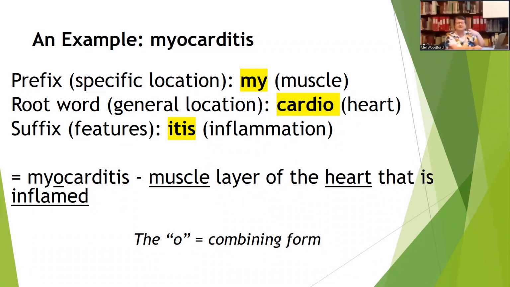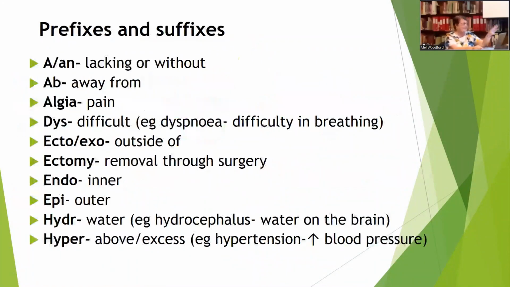Of course, there are lots of words that don't have all three parts. A word like hematology really is only heme and tology. Heme relates to the blood, and the ology relates to knowledge or the field of study. So they don't all have a prefix, a root word and a suffix. I know I've got some examples of prefixes and suffixes. I wasn't going to include them all because it would get terribly boring, as there would be probably hundreds of them.